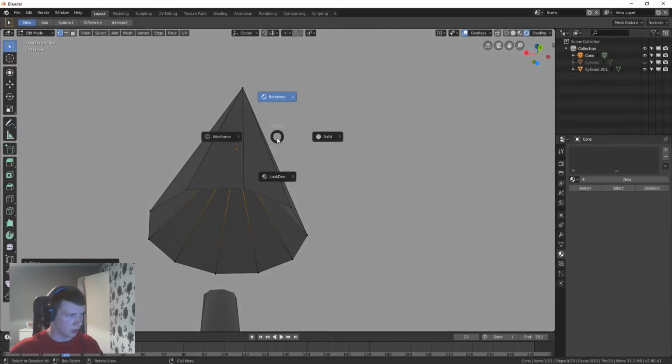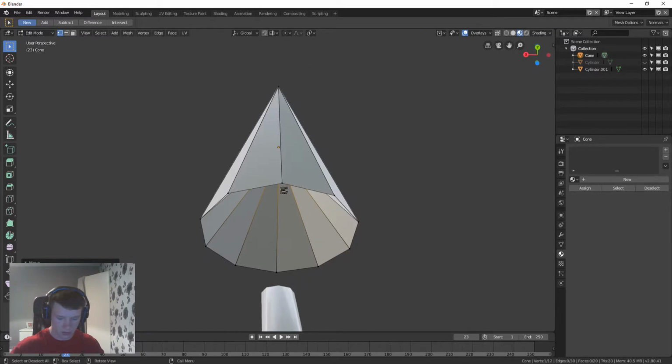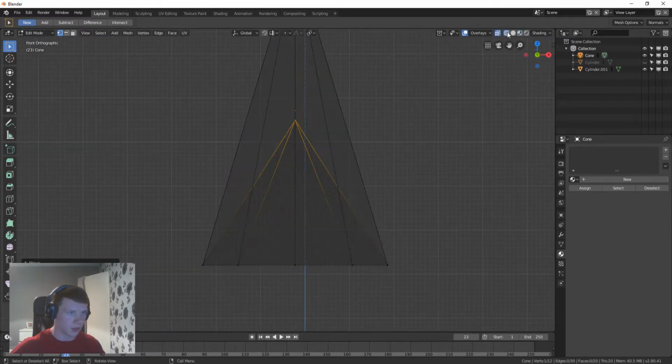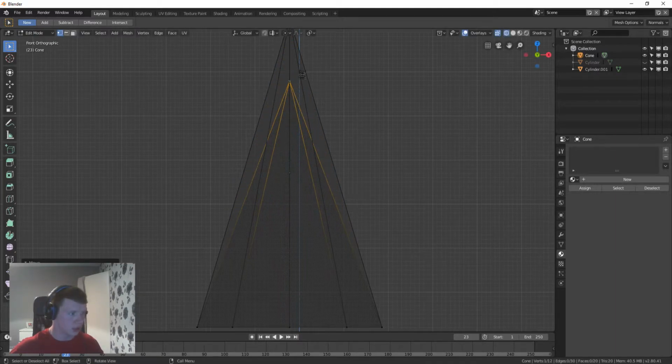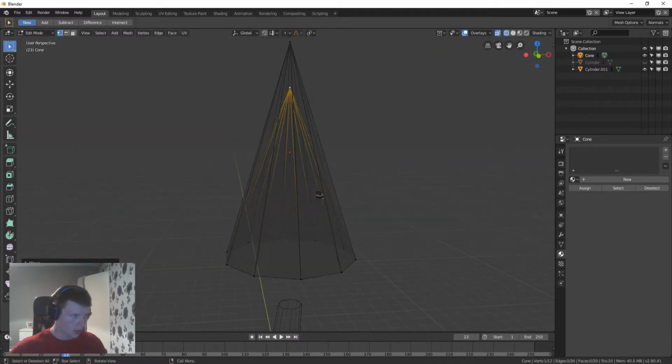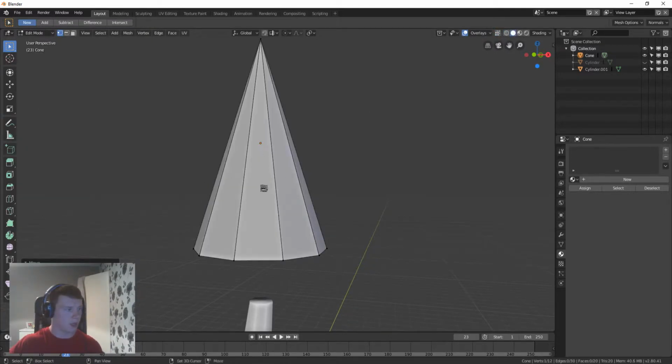So hang on a minute, look dev, there you go. Just click 1 and then make it so I can see through it. G, Z, move that up as high as you want it to go anyway. So then you've got that, and I want it so it's kind of got levels like a Christmas tree, if that makes sense. So how I would go about doing that is